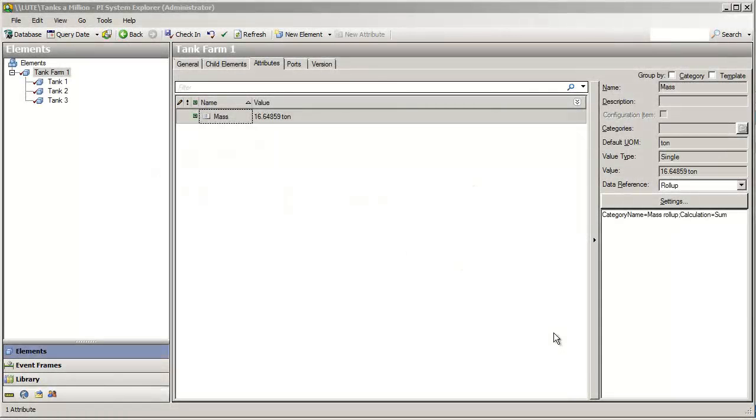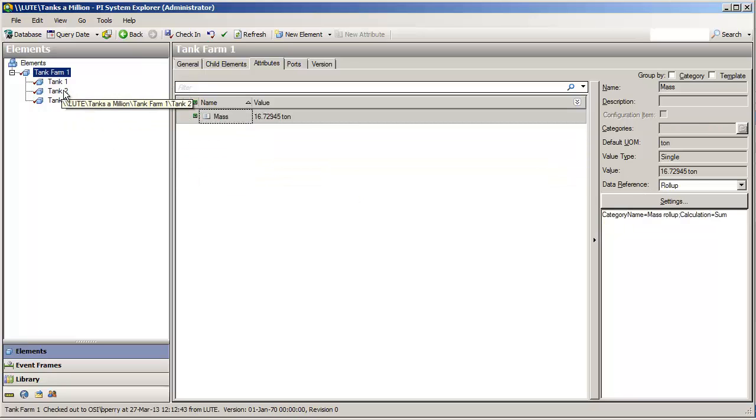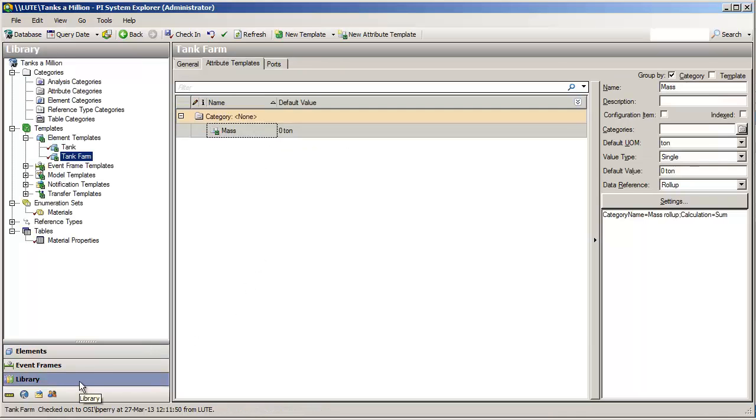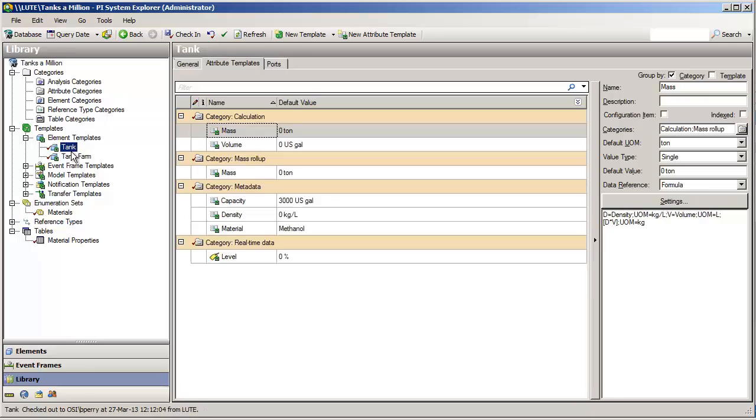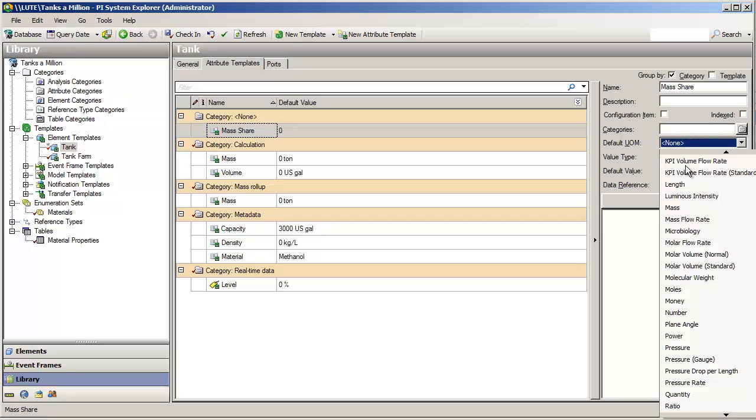The final step in solving our business dilemma is to add in an attribute of every tank that will tell us the mass share. In other words, the mass of this tank as a ratio of the total tank farm mass. So in the library, for my tank template, I can add in a new attribute that will hold the mass share. Now mass share, of course, will be a percentage,